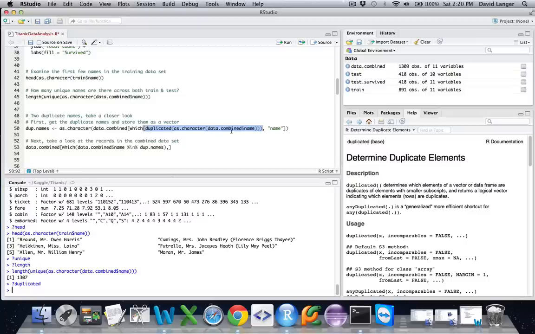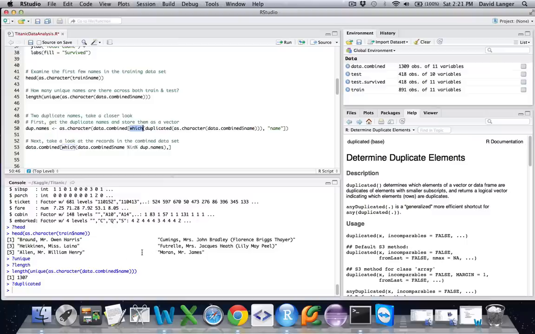So what this is going to do is go through all of that, and it determines which elements of a vector or data frame are duplicates of elements with smaller subscripts, and returns a logical vector indicating which elements are duplicates. Okay, great, or rows. So that's going to say, look, I'm taking a look at 1,309 character strings, and I'm going to return you back which rows of those 1,309 are the actual duplicate rows. Sweet.